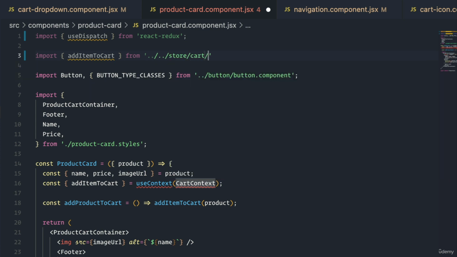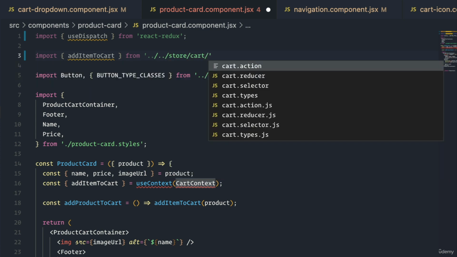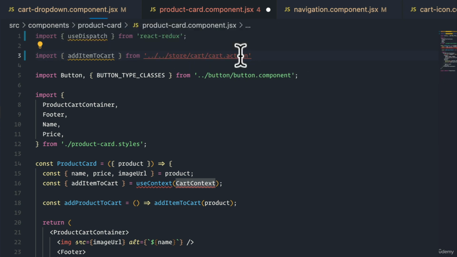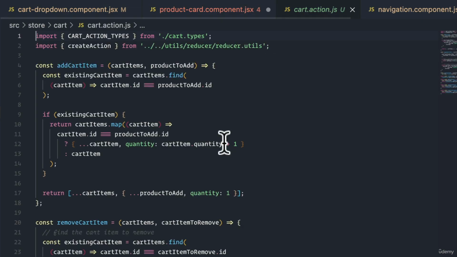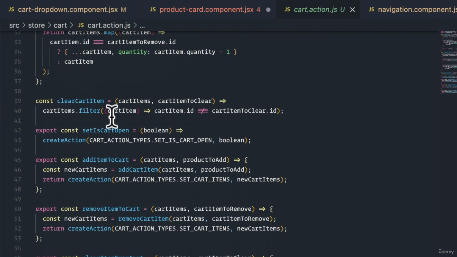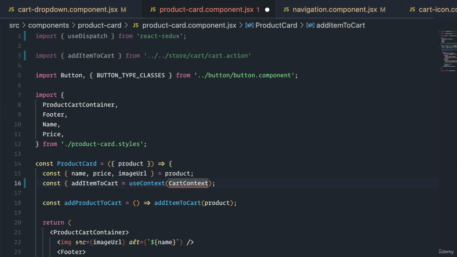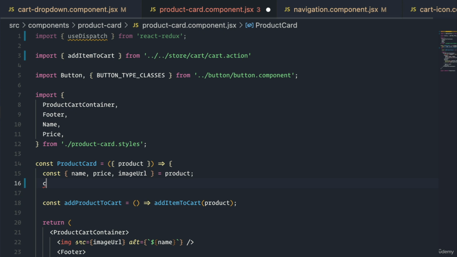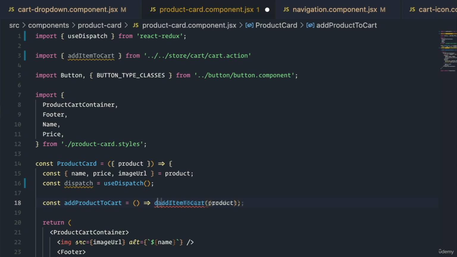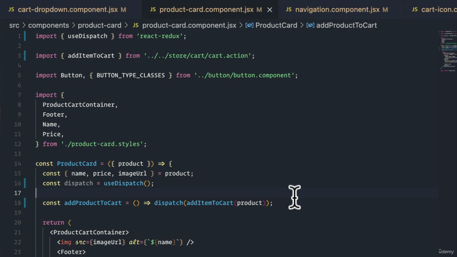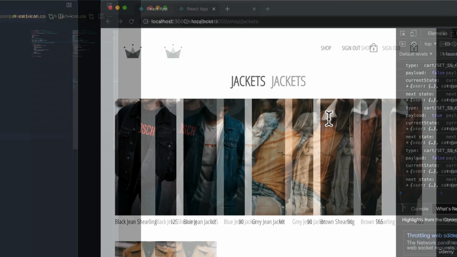So let's go to store, cart, cart action. And let's just make sure that this is the right method. So here, I'm going to go into this file. And down here, we see that it is add item to cart. So this is indeed the correct name. And then all I need to do is get rid of this context, bring in dispatch using the use dispatch hook, and then just making sure that we dispatch out our action creator that had the same name as our old function. So now what I should be able to do is add items,